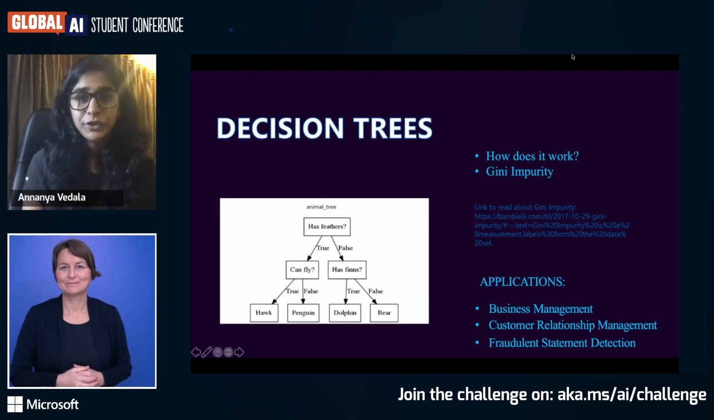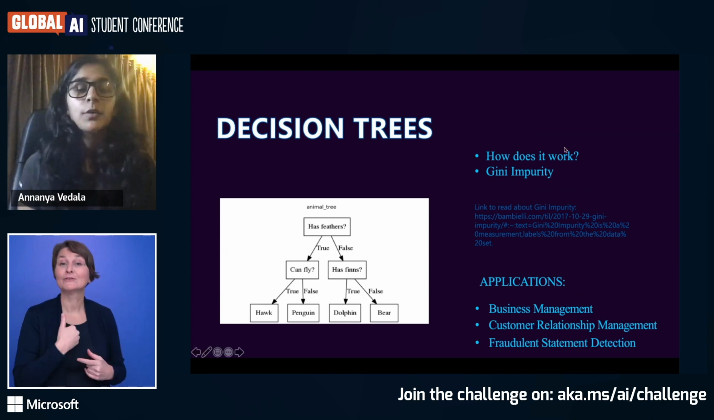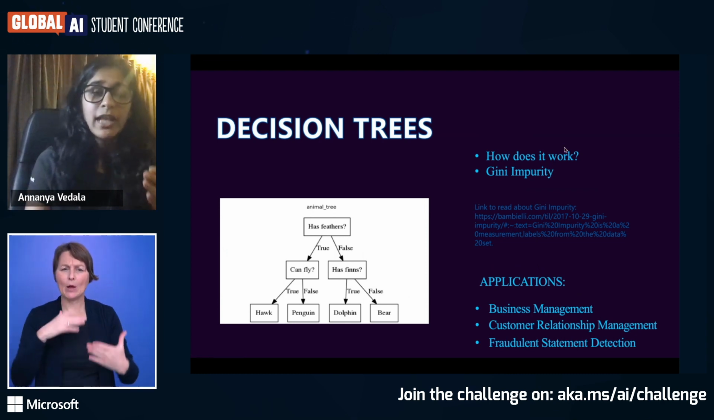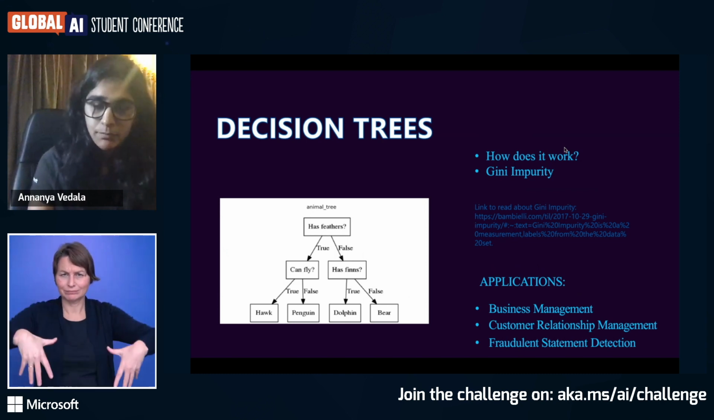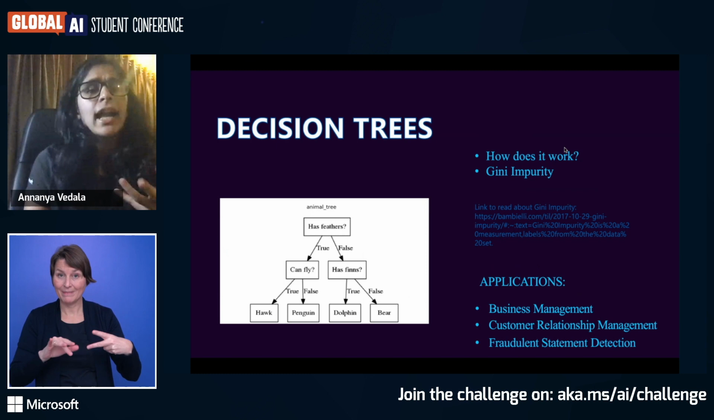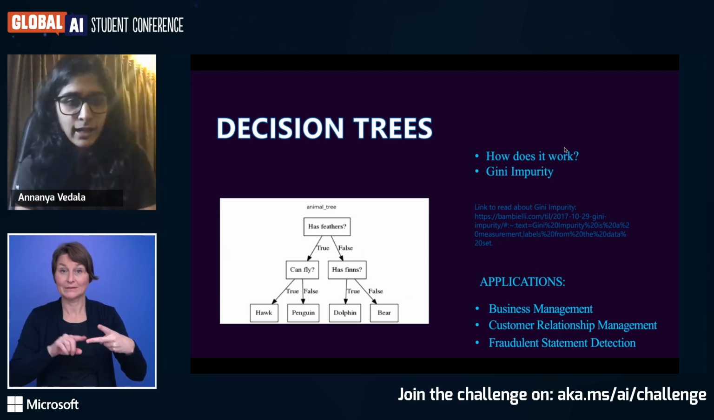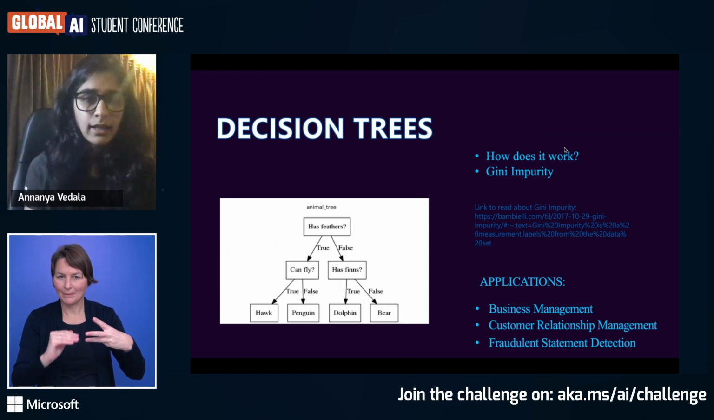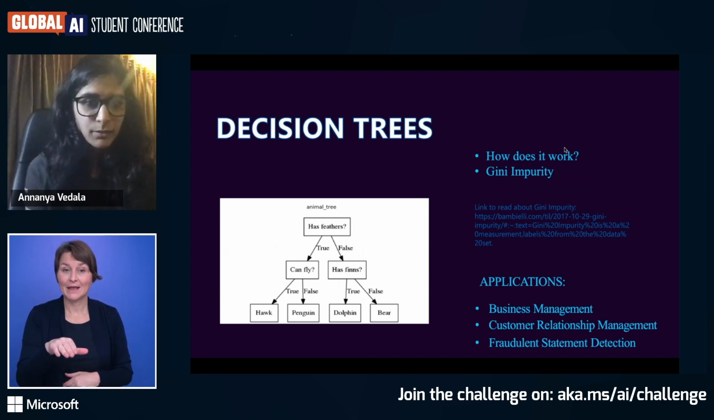Now, coming to decision trees. This is an algorithm in which at every step you ask a question to the algorithm. The algorithm itself creates these questions. Let's take this animal tree for instance. In the first step, it asks if the animal that comes has feathers and can fly, and that's